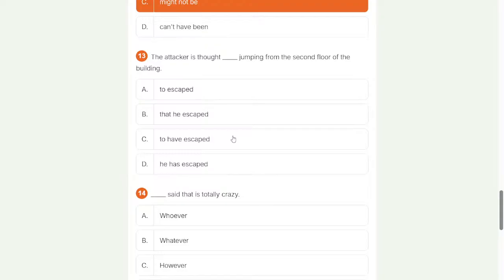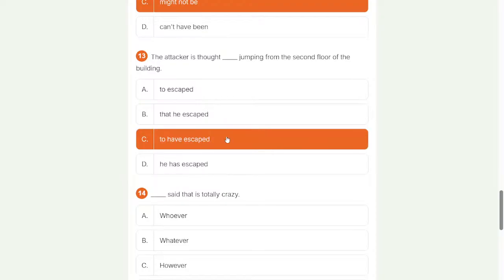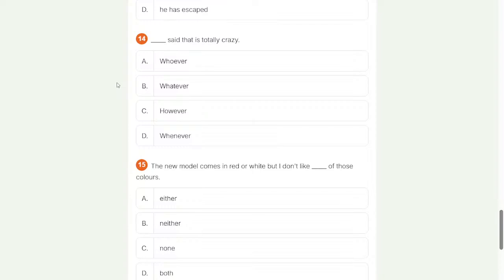I don't know. The attacker is thought to have escaped. I choose this, to have escaped, jumping from the second floor of the building.